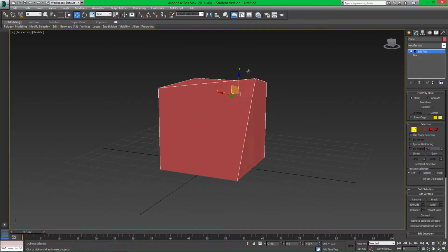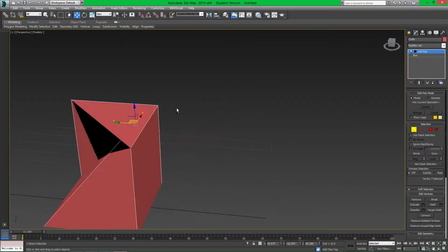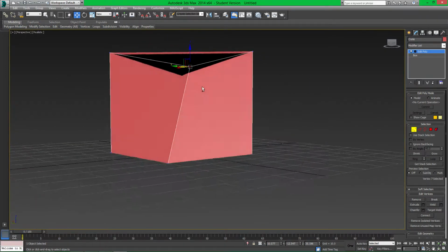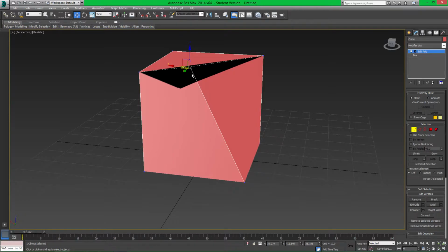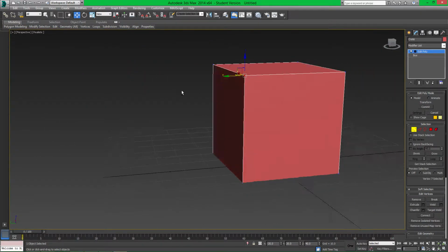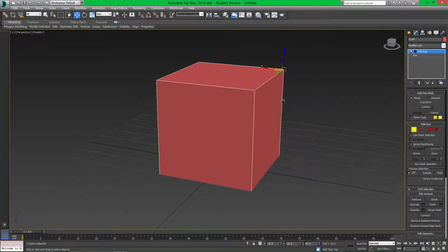It means that I can move those specific vertices and completely ruin my shape if I want to. If this does happen at any point, feel free to pause the video, but what you need to do is press Ctrl Z, and you can keep pressing Ctrl Z until you get back to the point where we have our 40 by 40 box. So if you do make any mistakes, don't worry about it. We're all going to make mistakes. The chances are I'm going to screw up at some point during this tutorial, and you'll see me Ctrl Z out of it. If I try something and it doesn't work, I'll Ctrl Z out of it,